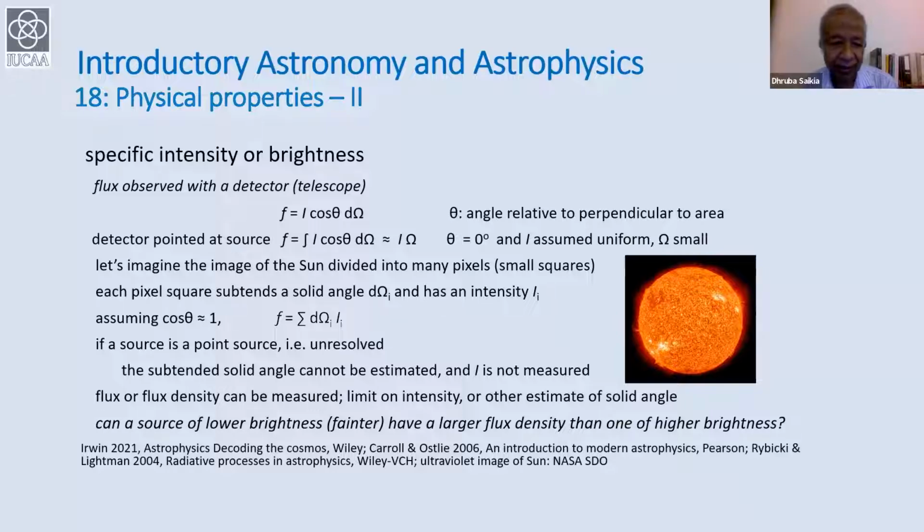Now, given this, can you have a lower brightness or lower intensity source to have a larger flux density than one of higher brightness? Anyone? No, sir. Yeah, no, we can't have that. Are you sure, Kriti? Now, what you're forgetting is that,